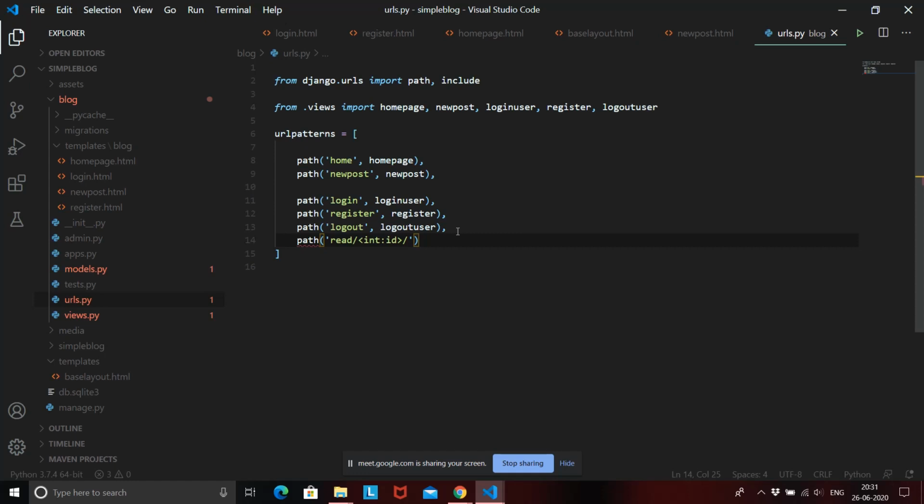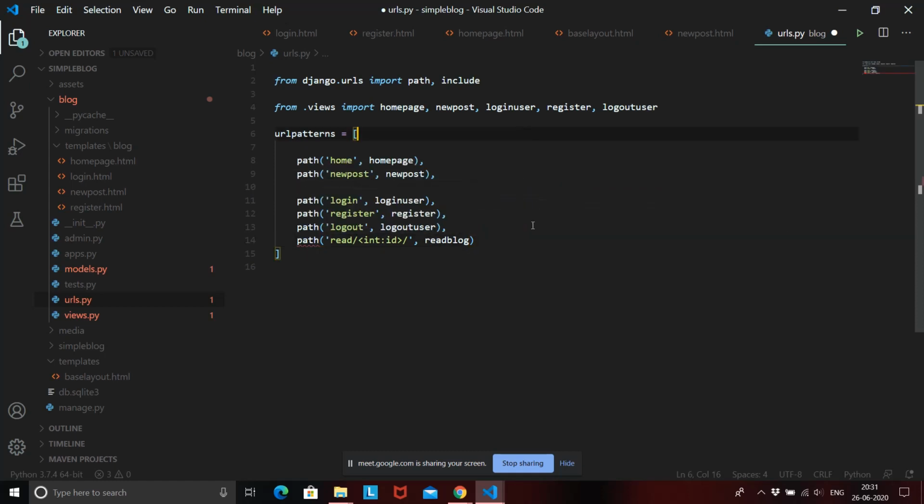So this is basically a dynamic URL, which means that the name of the URL or the path of the URL is not hard coded, or it is not specified directly. The different buttons you click, the different URL will be requested, but the one thing that is common is that it is going to start with a read and it will have a unique integer value that is called ID. Okay, so once this URL is encountered, that is read slash ID, then we need to call a function, that is, we'll name it as read blog.